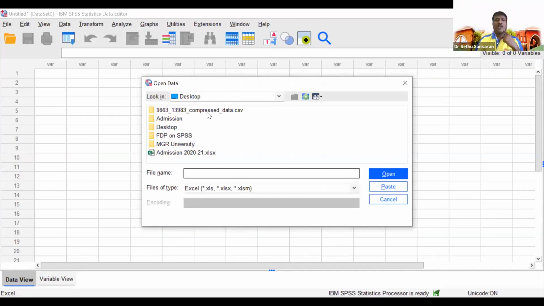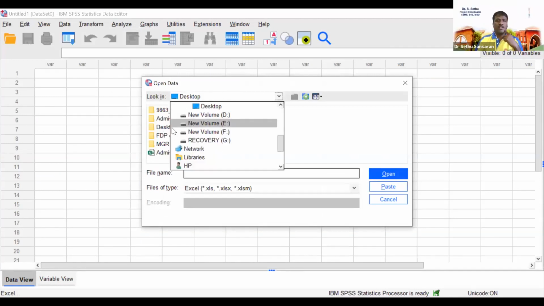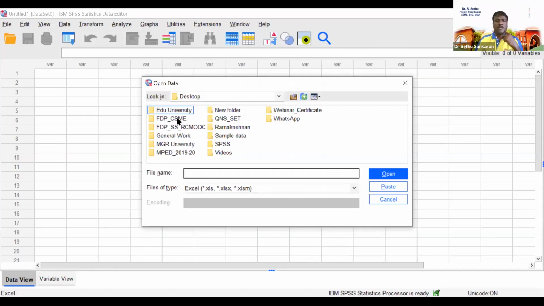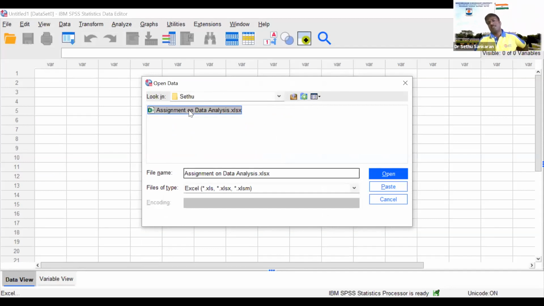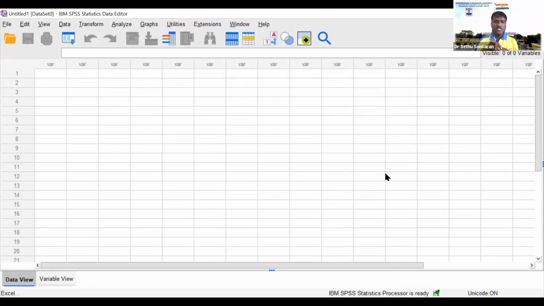So I keep my file on the desktop. IFD CSME assignment, this is my data set file. So I want to import it. Before that, I have to close my Excel sheet. Okay. Now open. So SPSS will process it.